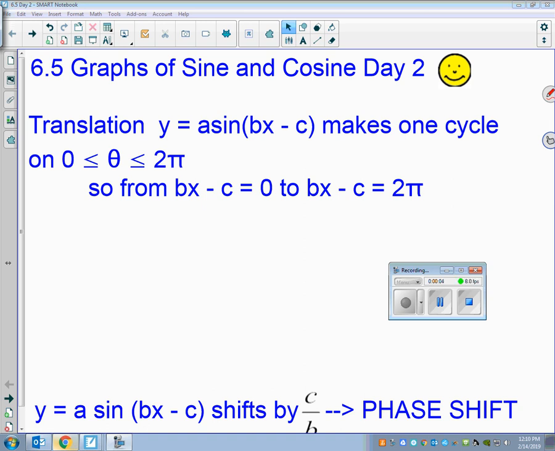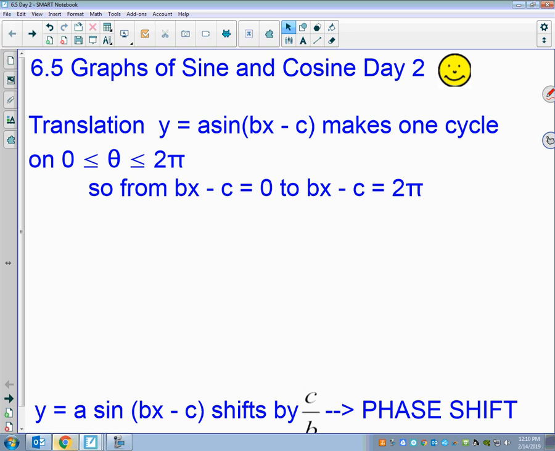Okay, so we want to talk more about graphs and the transformations that we can have with them. First of all, translation is moving your graph left or right. But because of sine, period, and amplitude, the translation is a little weird. Normally, sine and cosine complete one full period or one full cycle on the interval 0 to